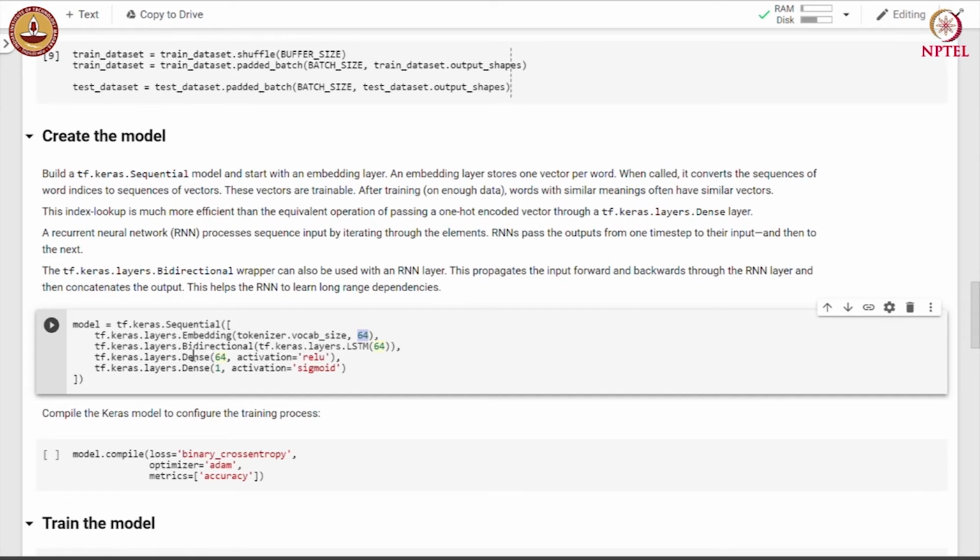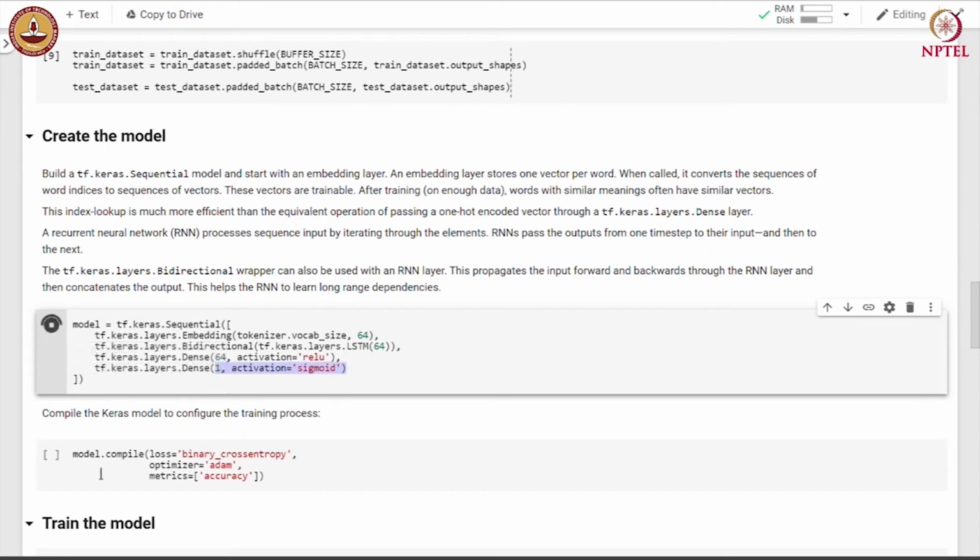So, the output of bidirectional layer is passed to a dense layer with 64 units, and we use ReLU as an activation function. The output of dense layer is passed through the output layer, which is again a dense layer with a single unit, as we have binary classification problem here, and we use sigmoid as an activation function here.